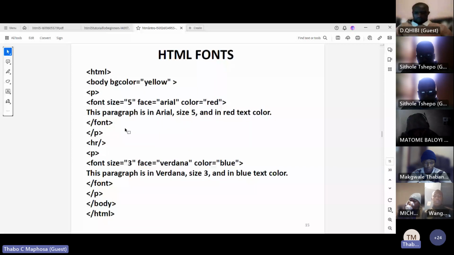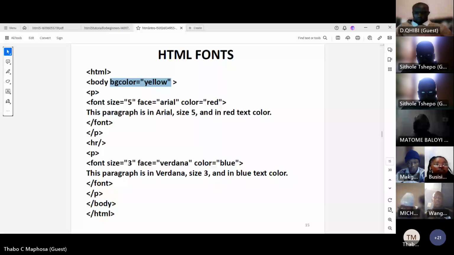And then also when it comes to fonts, this is one of the most important aspects. Notice HTML, and then you've got body color, and then we can change the background color of your page there. Like for instance, say body BG equals yellow. Let me do that. Let me just copy this part, and then we change the color of the font there. So let me do this. Where it says body, okay, I'm going to share this shortly, and then I'm going to copy this entire thing there.